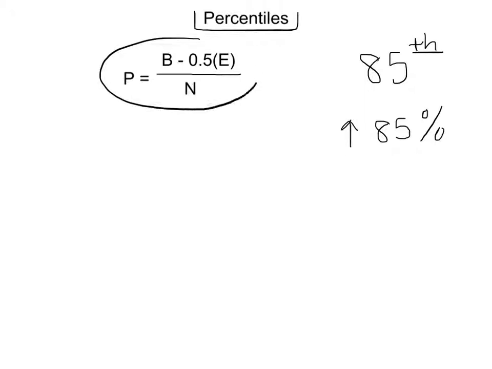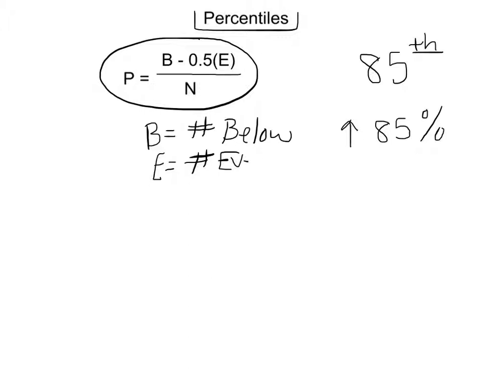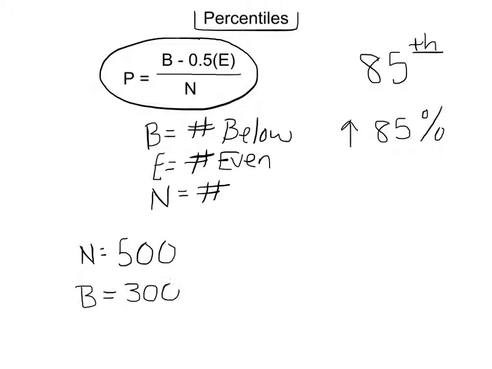This formula over here is if we're given our data set. To figure out what percentile you're in, B indicates the number of people that scored below the score we're looking at, E is the number of people or scores that are even, and n is your total number of scores. So for example, if 500 people take a test, that would be my n value. If I scored better than 300 of those people, and I scored the exact same as 20,